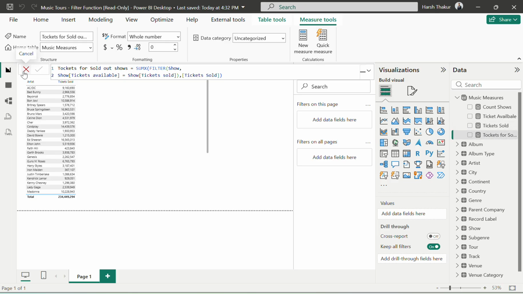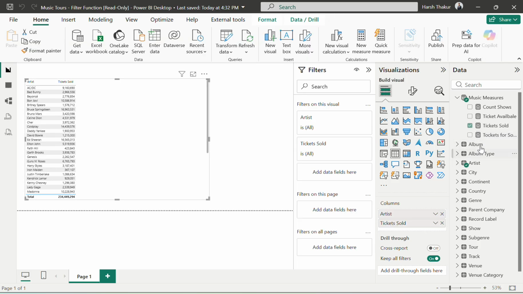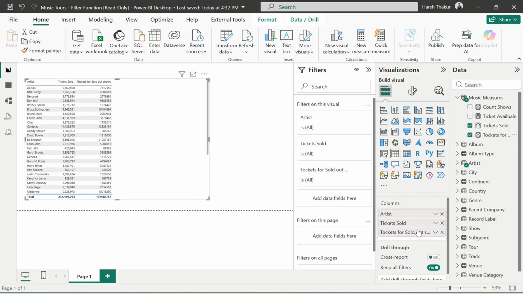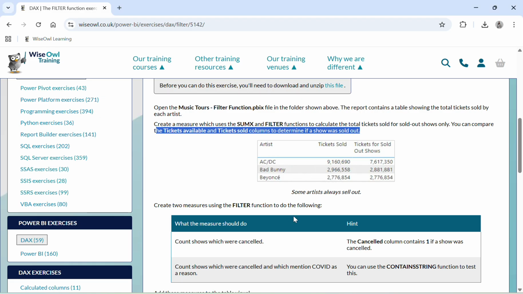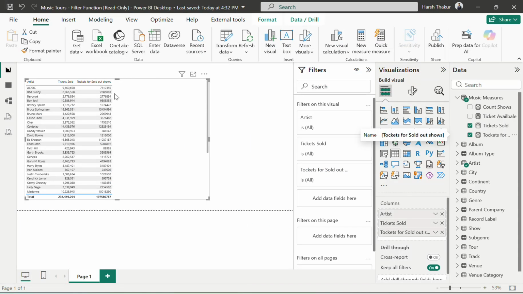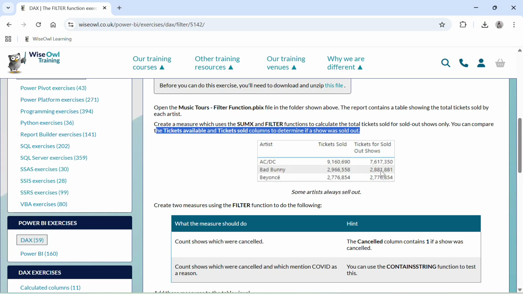In this DAX measure, we have mentioned SUMX of FILTER, where we are using filter where tickets available equal to tickets sold, and then the ticket sold. So if I put this in the table and check ACDC, 7616350, yes, we are